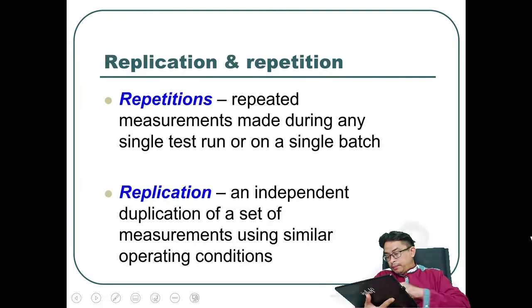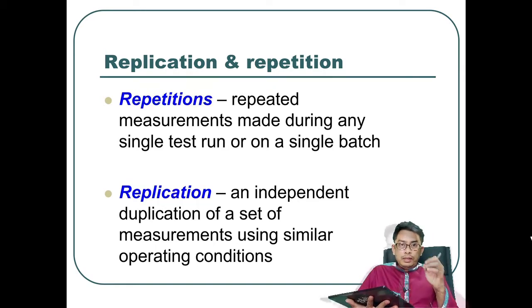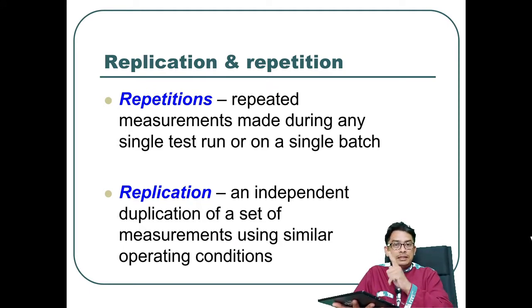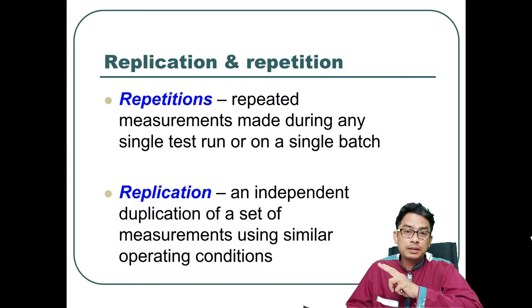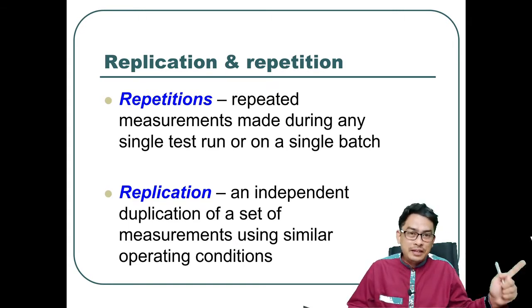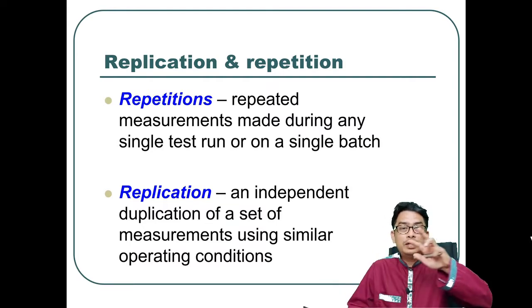before we do measurement. The next term that is really important that we need to know about measurement is replication and repetition. Repetition is repeated measurements during a single test. For example, you measure temperature 2 times, 3 times, 4 times, 5 times. So this is a repetition of a measurement at a single test run. Meanwhile, replication is an independent duplication, a duplication of a set of experiment. We do a single experiment here, and then we duplicate the same experiment at another place or another time. Maybe we do a test today, and we duplicate the set to do a different experiment